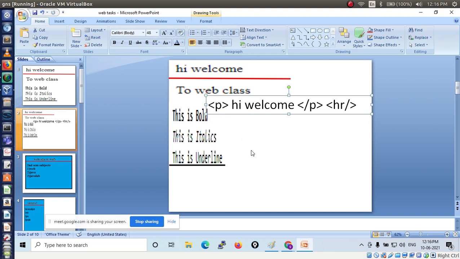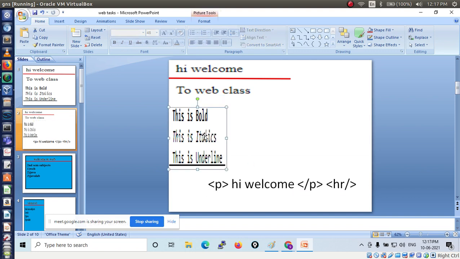So this is the code to write this design. Is it clear, everyone? You have to always use it like this, Kiran, a single-sided tag. This represents a horizontal line.